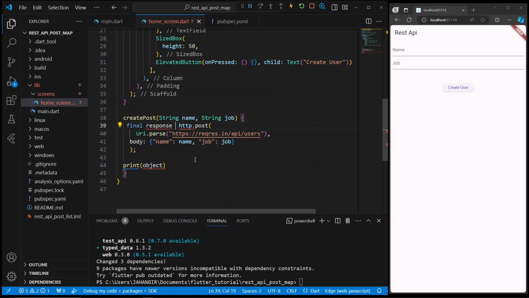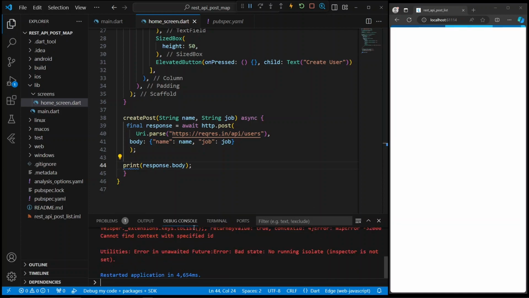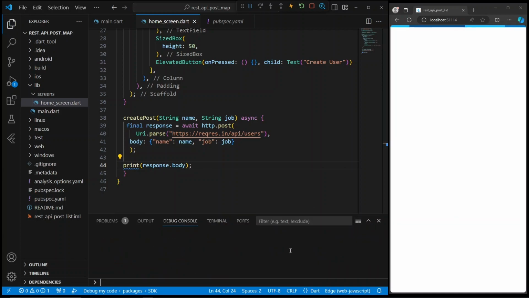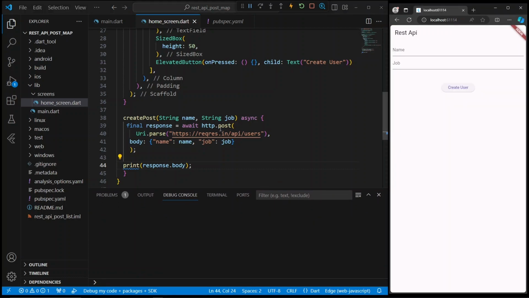The response takes some time to return from the server, so use await. Insert the created function name in the elevated button to check the API response in the debug console.